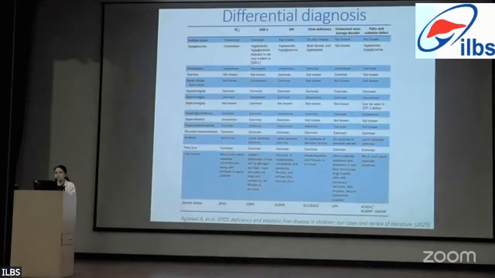Now coming to this entity, which is previously described as transient infantile hypertriglyceridemia, which we will see may not be the correct terminology for it, because it has now been seen to have persistent effects and not really transient as it was previously described. So this entity usually does not have hypoglycemia, which was the uncommon finding in our child. Diarrhea is also not known, but it can have hepatomegaly, splenomegaly, persistent hypertriglyceridemia, hypercholesterolemia, elevated liver enzymes, fatty liver, and a percentage of patients can also have cirrhosis or advanced fibrosis on their biopsies.